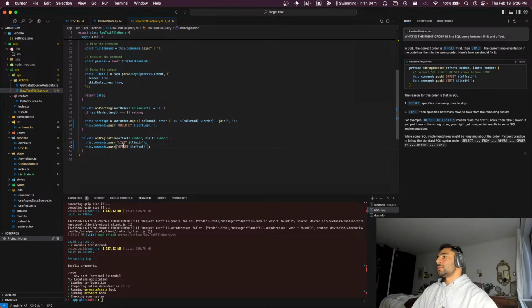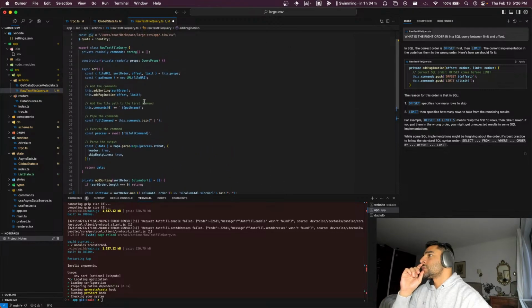Oh, nice. Okay, so you're actually supposed to do this first. Perfect. So this is really good. So this pagination,